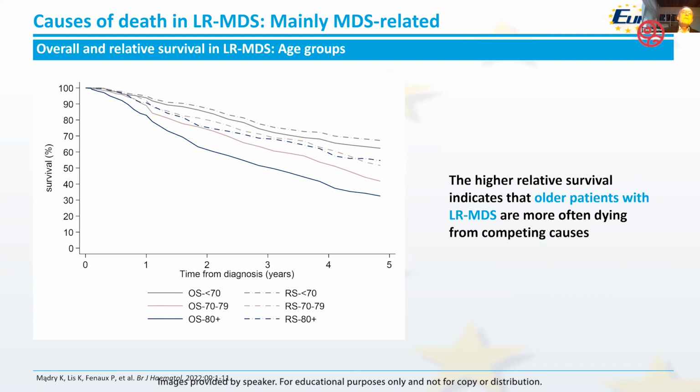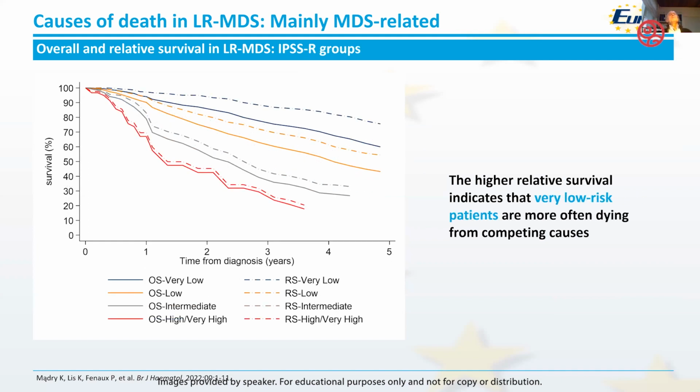When you look at the relative survival, the dotted lines are the relative survival, and in the younger patients, the two upper curves, you see the difference is much lower, which means that the great majority of these younger patients are not dying from competing causes. This is the difference in survival in the various